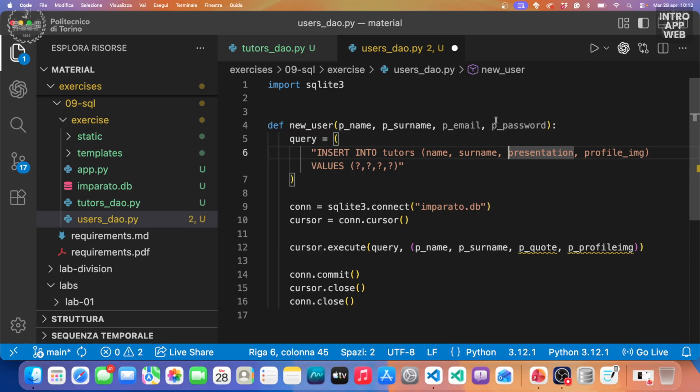It's something we might have considered when designing the database. Do we want to enable each user to have a profile image? In that case, we should have added a new field. Of course, we still have the option to add the new field later. For now, let's make it work with the fields we have defined so far, and then we will get back to the database. So in this case, we have insert into users,